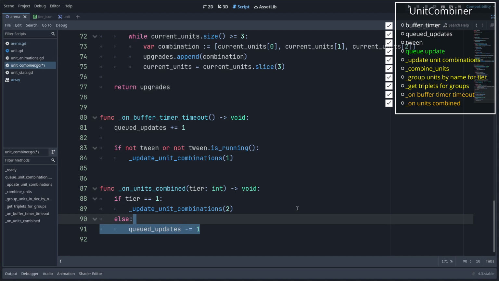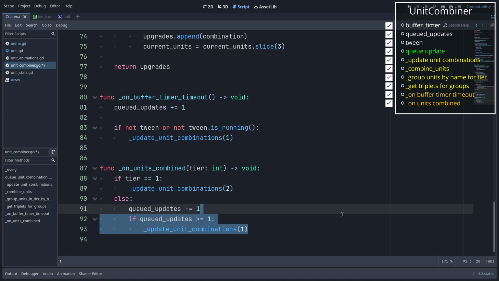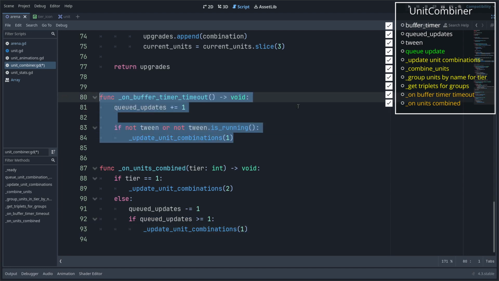But we're still not done because we can queue updates, right? This is what we said, that if you buy multiple units in quick succession, this will queue multiple updates one after another. So it can happen that a tier 2 combination is finished, so we subtract 1 from the queued updates, but we might still have queued updates remaining. And if that's the case, we need to start the whole thing again from tier 1. Hopefully that makes sense. If we take a look at this piece of code here, when the buffer times out,